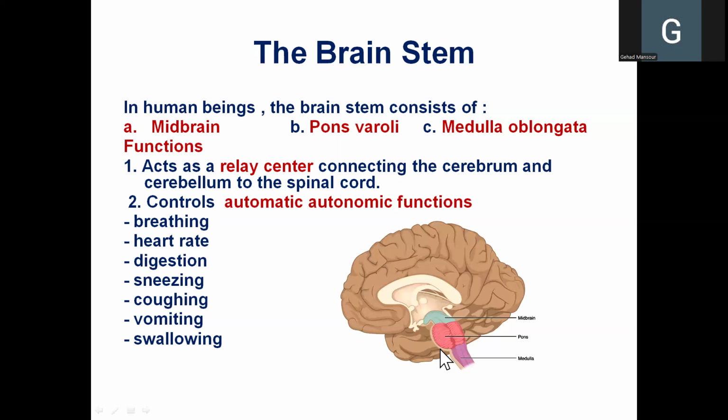That's why whenever the medulla oblongata is injured, whether accidentally by a traumatic accident, for example, a broken vertebra that sharply cuts the medulla during an accident, or intentionally through a hit, for example, on the back of the neck, then the patient would die. This is lethal. Why is it fatal? Because you are damaging the centers of breathing. You're damaging the centers that control the heart rate. And of course, if the heart does not beat and if the person does not breathe, then they would definitely